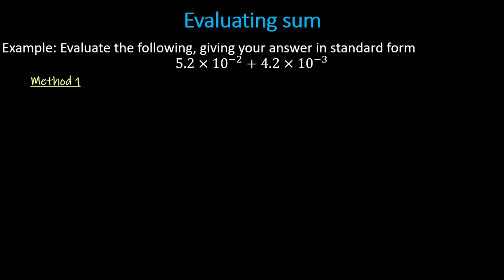So let us take an example now where we have negative powers. We are going to apply the same principle. So in this example again we have to evaluate, and the answer has to be in standard form. The first method we are going to use is ordinary form. So we have 5.2 times 10 power negative 2